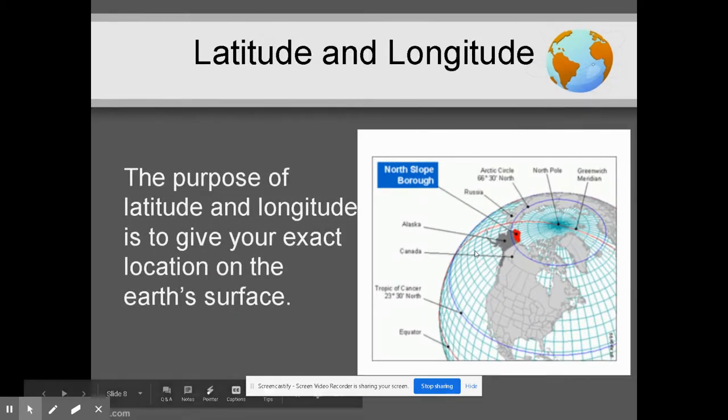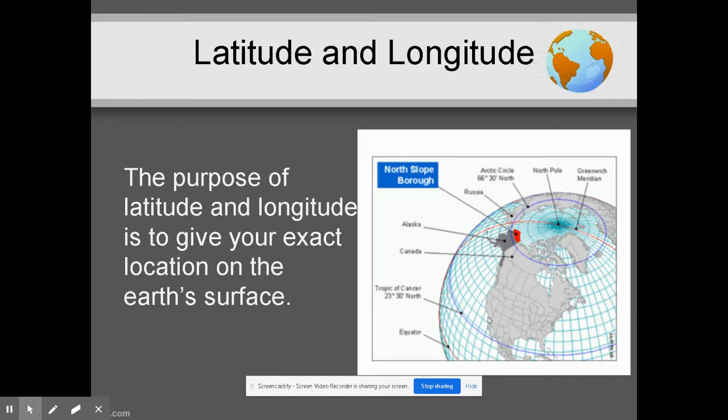So, what's the purpose of latitude and longitude? Well, it allows us to give an exact location instead of a relative location, which gives you a ballpark idea of where things are. If I want to, I don't know, let's say I want to build on my property, I need to know exactly where my property line is, and you could use latitude and longitude in order to do that. But there are some key